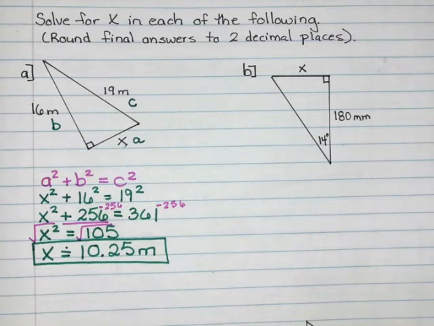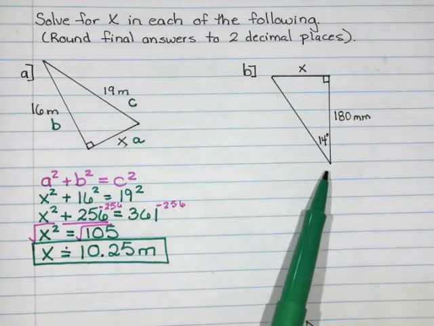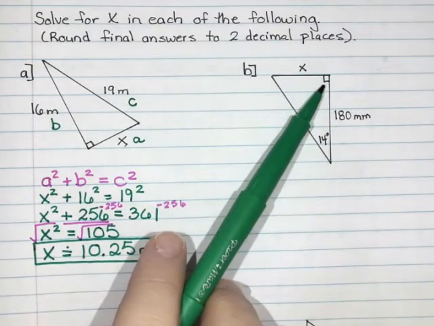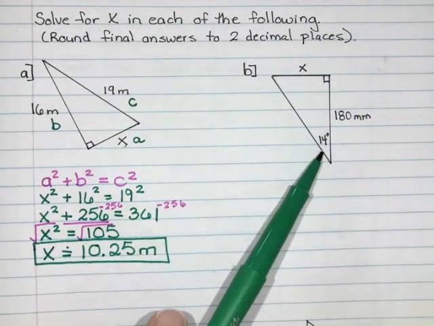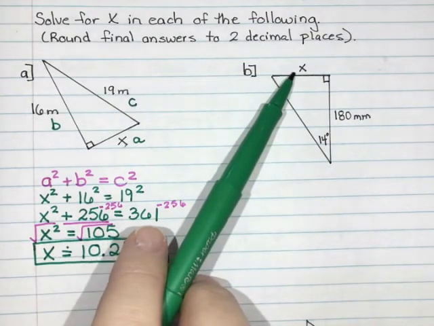This is part 2 of our video on right triangle practice. So we're looking today at just solving using all the different methods that we've learned for either sides or angles in a right triangle. So our next example, we have a right triangle. I can tell because of the square in the corner. We have an angle of 14 degrees, a side of 180 millimeters, and we want to find that missing side